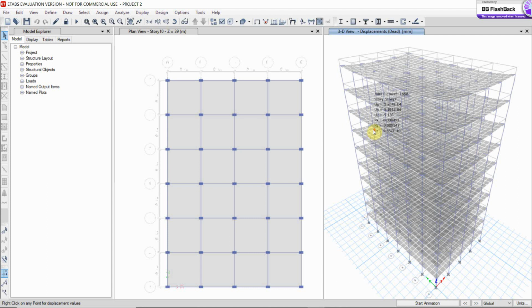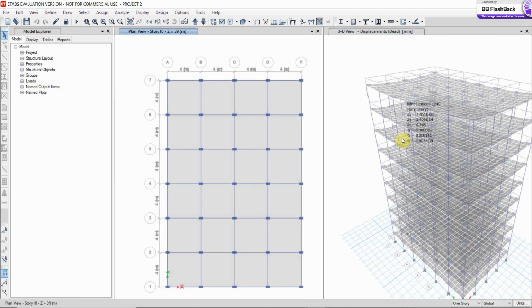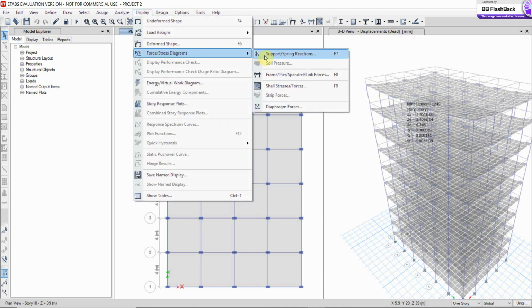You can place your cursor over the point on the slab in the 3D view tab to see the displacement values as shown. You can also check all the available analysis results like shear force, moment, slab stresses.